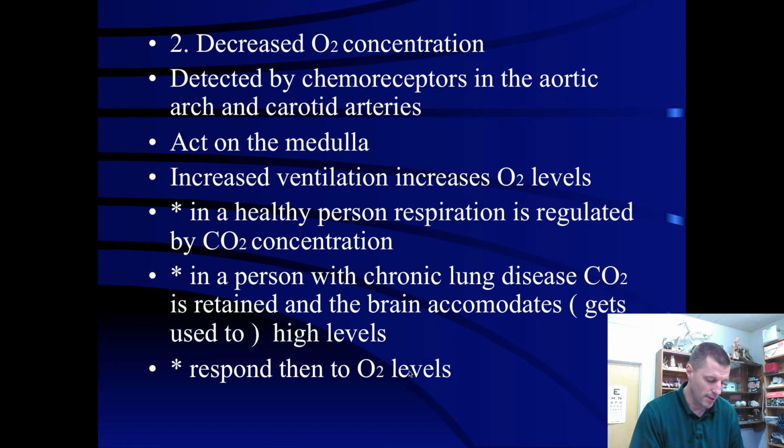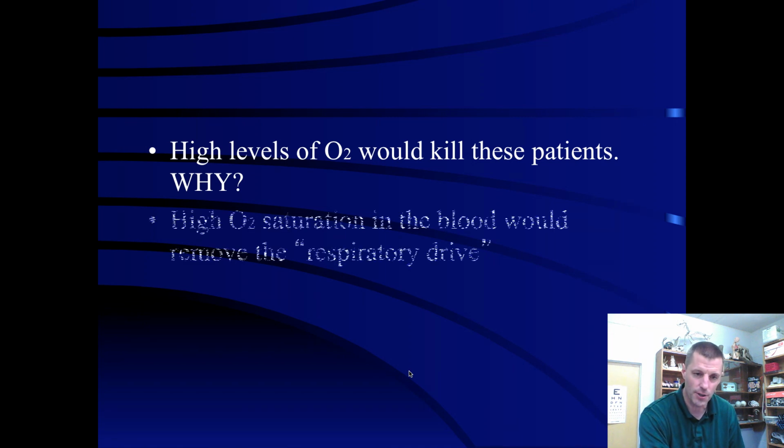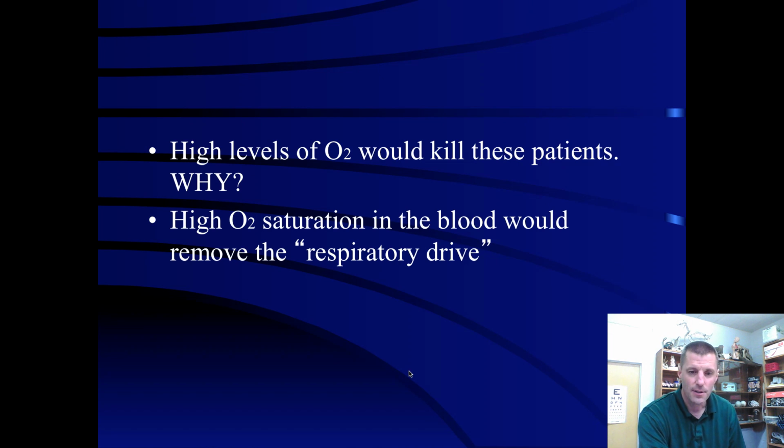It's actually in the blood, and it says chemoreceptors in the aortic arch and the carotid arteries. So if the oxygen levels in your blood get too high, then it could feed back that you don't need to breathe. Okay, so that's what we're saying here. High levels of oxygen could potentially kill these patients because that oxygen saturation in the blood would